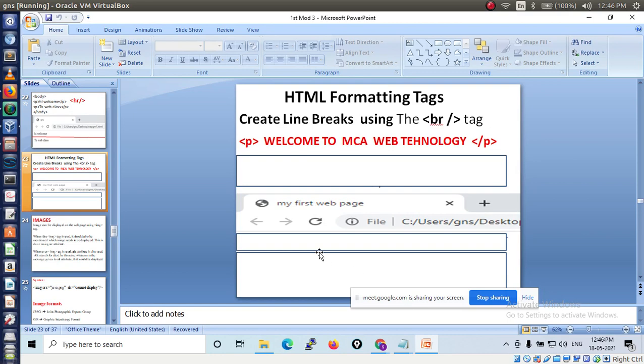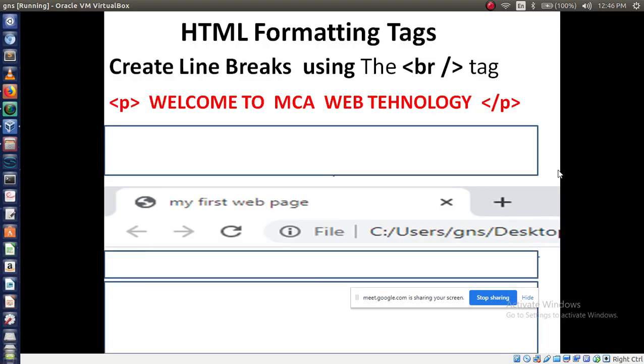Understood everyone or not yet understood? Let me know. Snehal, understood? Have you understood this concept, HR and BR tag?